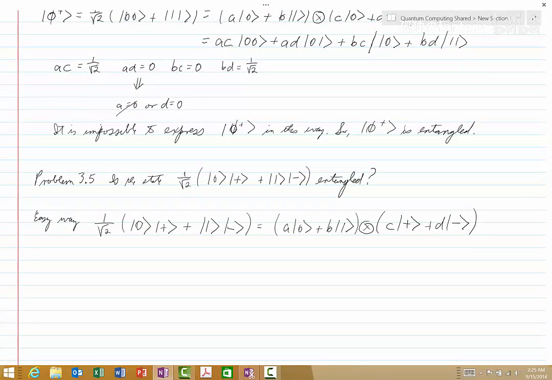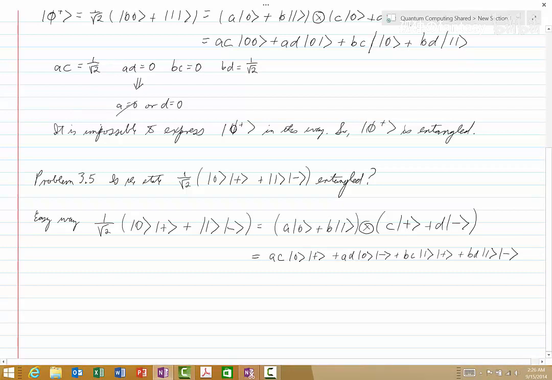Okay, when we write this out on the right hand side, we would get AC times 0 plus AD times 0 minus, plus BC times 1 plus BD times 1 minus. And now if we do as we did before and compare to what we have on the left hand